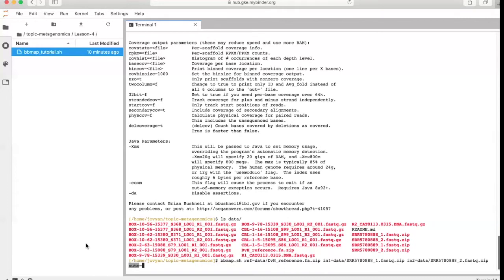So the importance of using or writing only the mapped reads to your output is that your output file would be a lot smaller and take up a lot less space on your personal machine or your server. So that's why I like using it. So I am going to call this